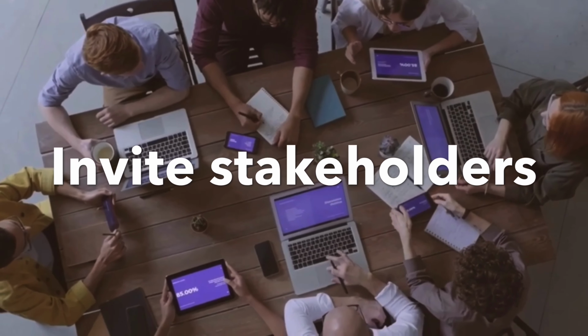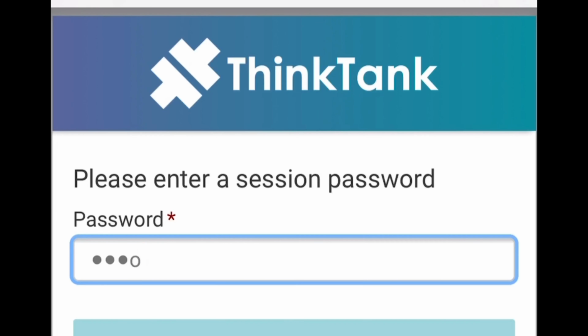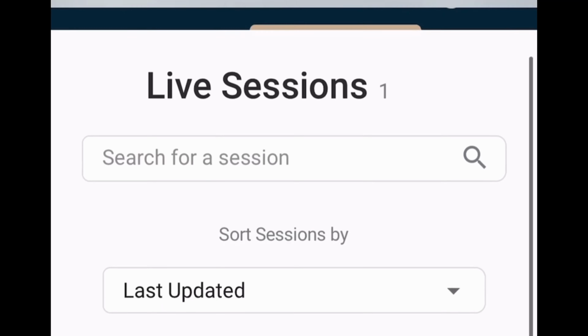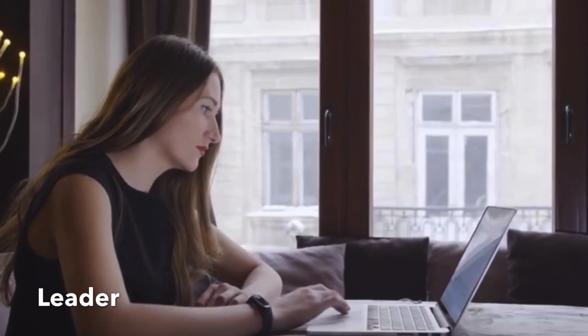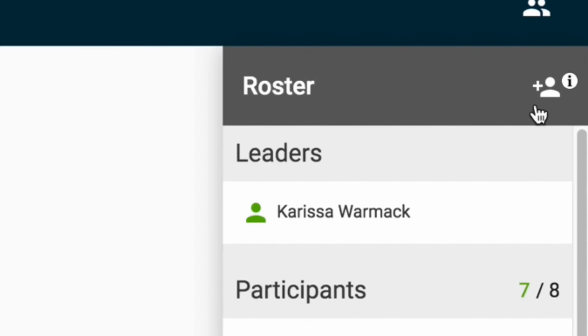Leaders invite all stakeholders to ThinkTank through a simple, secure link and password. And wherever they are around the world, people can join live or self-paced strategy sessions via their laptop, iPad, or phone. Once the leader has configured their stakeholder journey in ThinkTank and invited everyone aboard, they begin directing the group